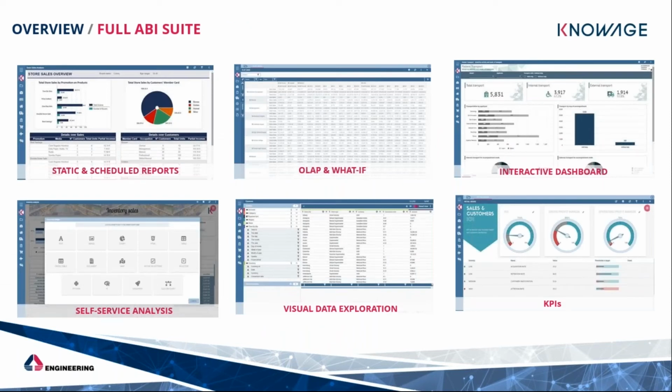Only a few snapshots here to look at what a full analytical and business intelligence suite means, how we satisfy information distribution, data visualization, and analytical tasks. Basically, you can start from the traditional static report, which is now the last criterion in the Gartner list, that you can produce also in a batch way and send to your spread users by email, and then we can move up to the more modern interactive capabilities such as OLAP, the multidimensional analysis here, and the interactive